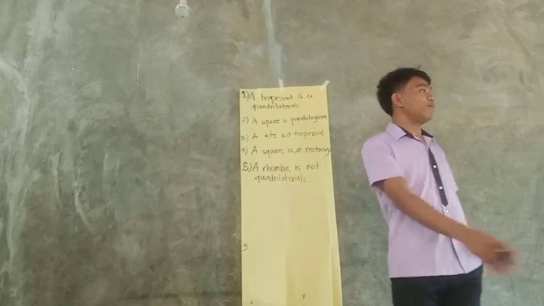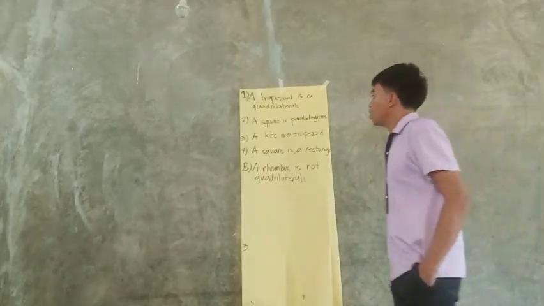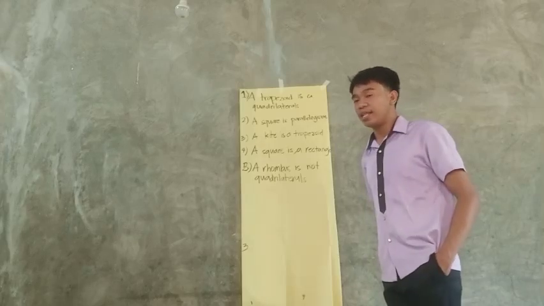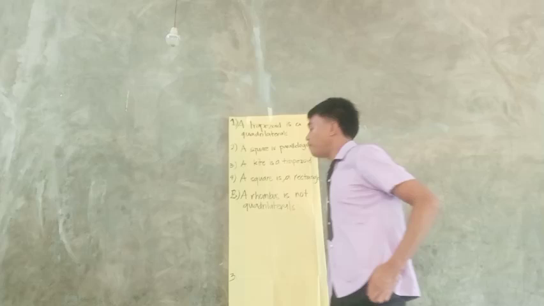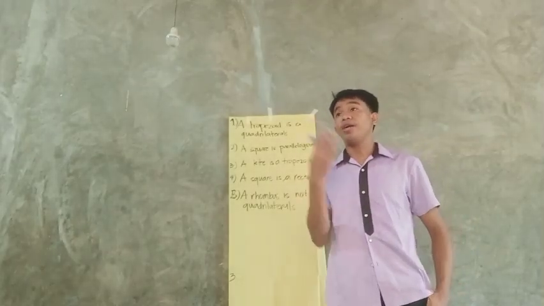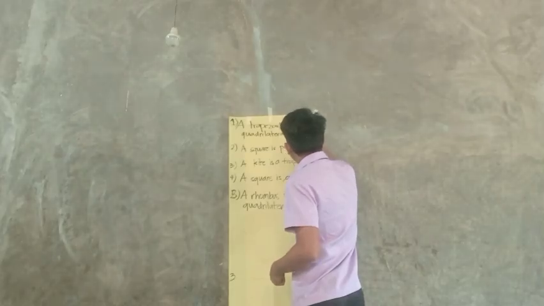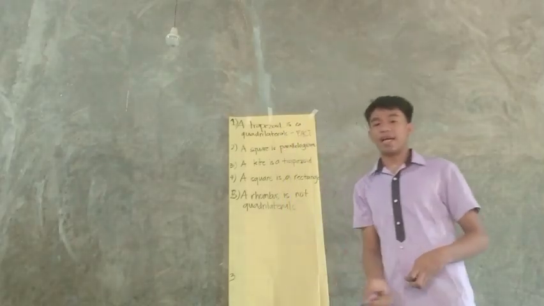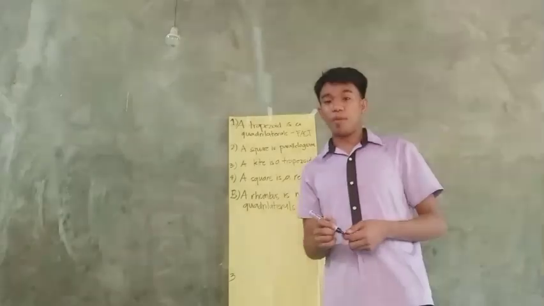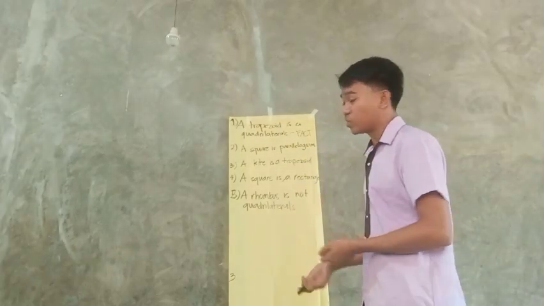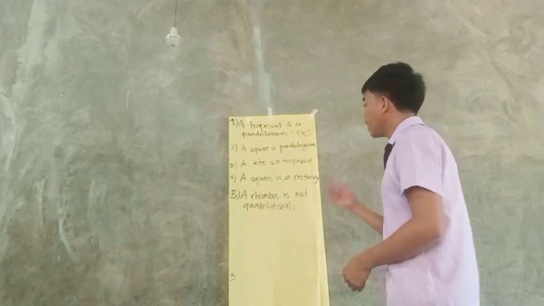Very good. Now, for the first statement, it says here that a trapezoid is a quadrilateral. So is this a fact or a bluff? All right, very good. This is a fact. Why is it a fact? Because a trapezoid is a kind of quadrilateral, as we have discussed earlier. So very good. Now, for the next number,